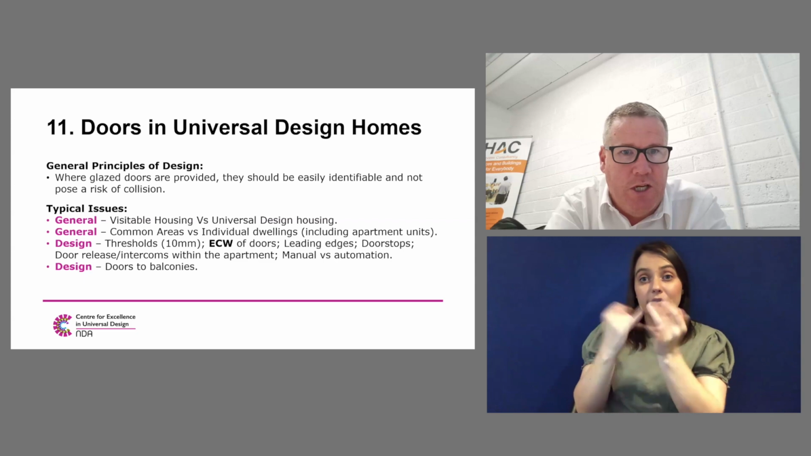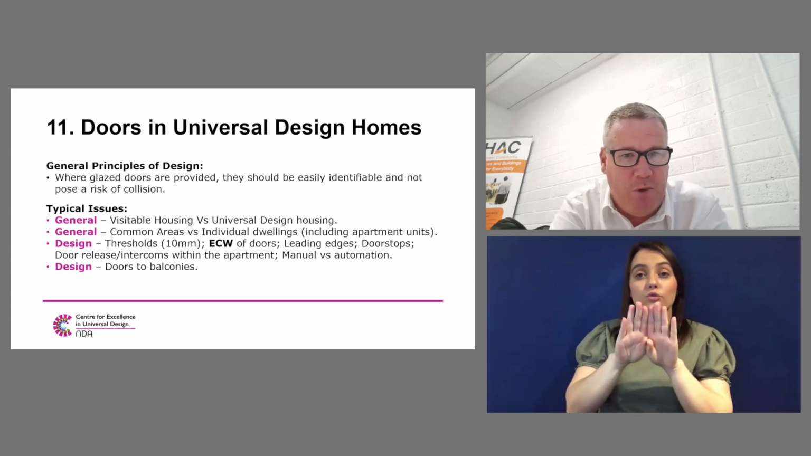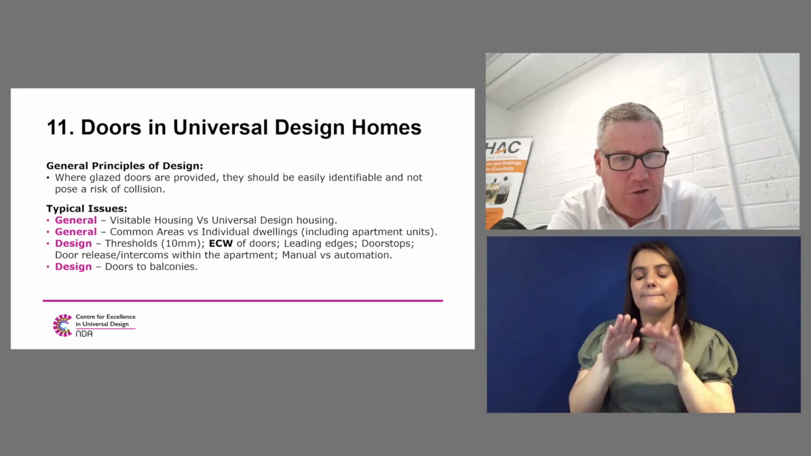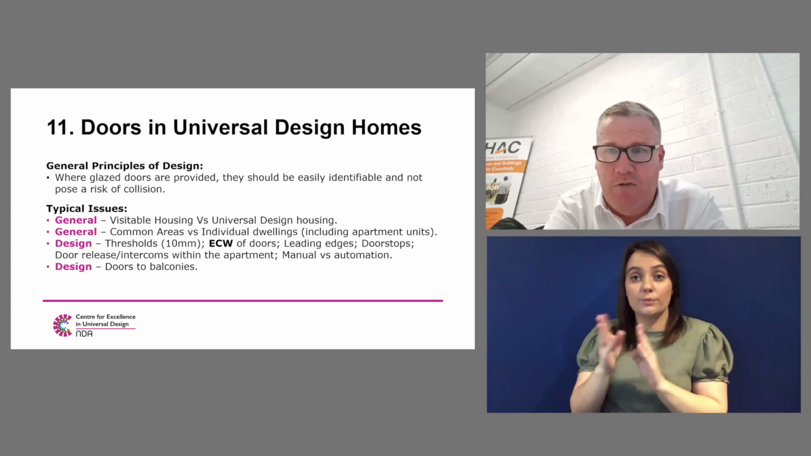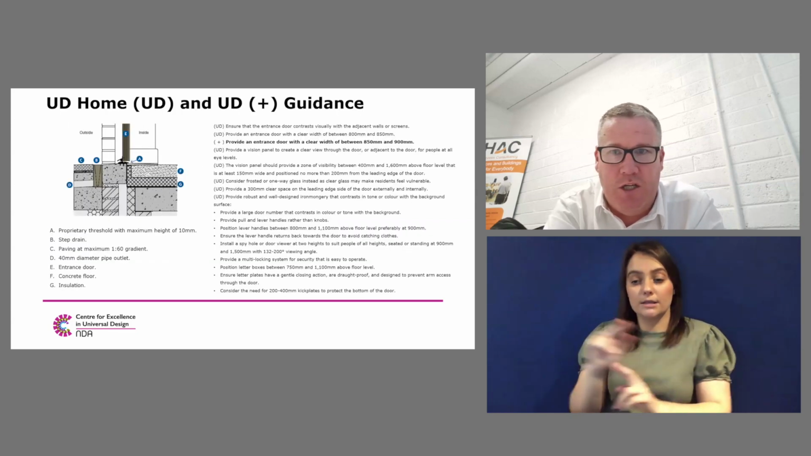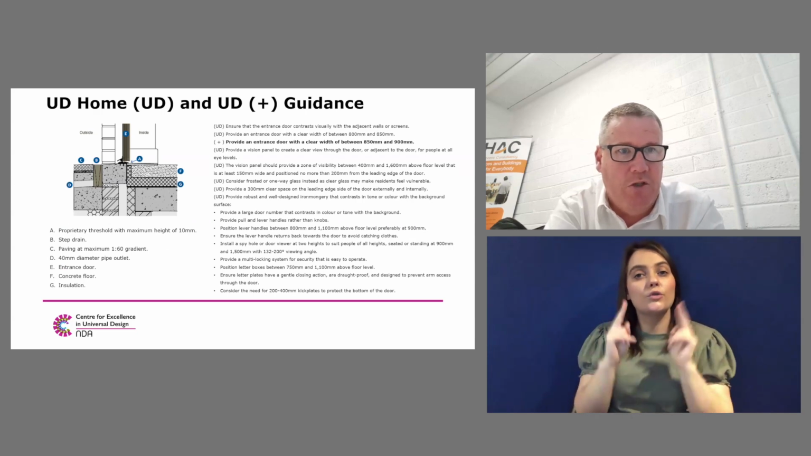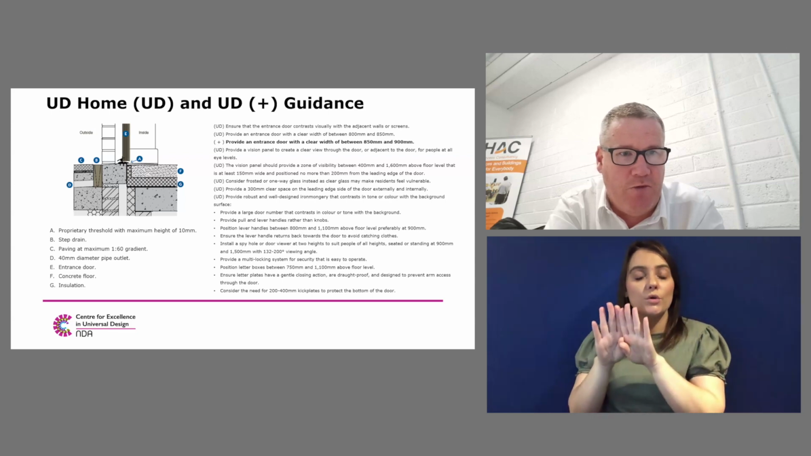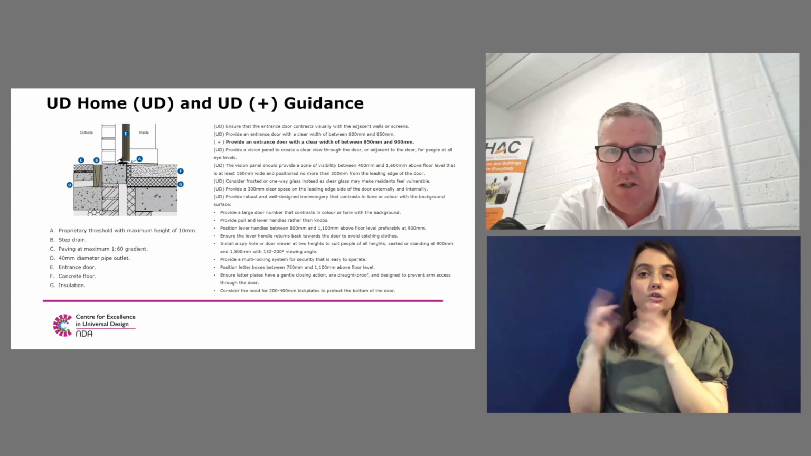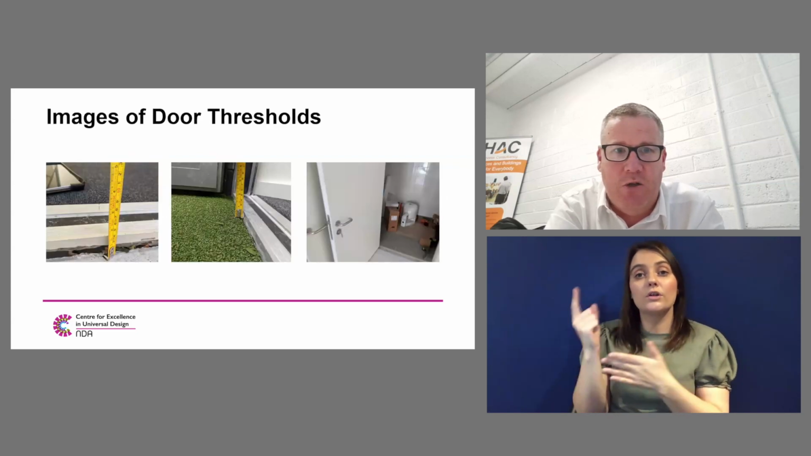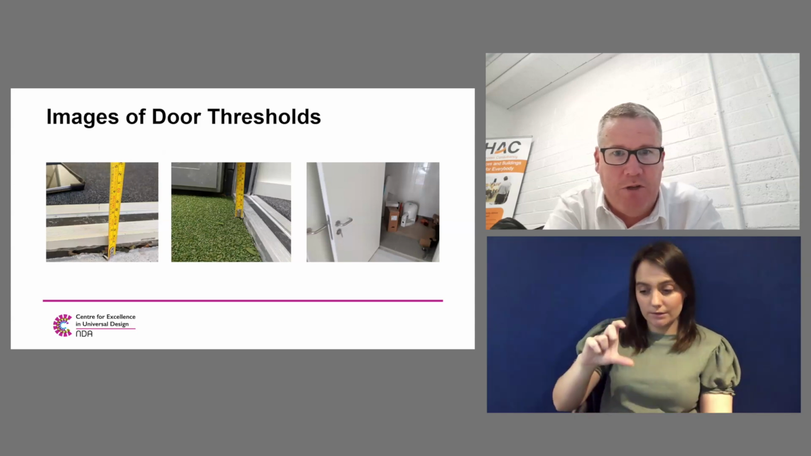So things like thresholds, effective clear widths of doors, leading edge, door releases, doors out onto balconies. So for example, there's no guidance provided on providing level thresholds in TGDM, but it would be good practice to provide access out onto balconies, even though it's not a building regulation. And again, just to quickly highlight some stuff there on universal design homes relating to doors. There's lots of really good information provided in the NDA publications, whether it's in relation to universal design homes or universal design plus guidelines. And again, you can see here these are some images of buildings that we've gone into, and you can see that the thresholds are well above the